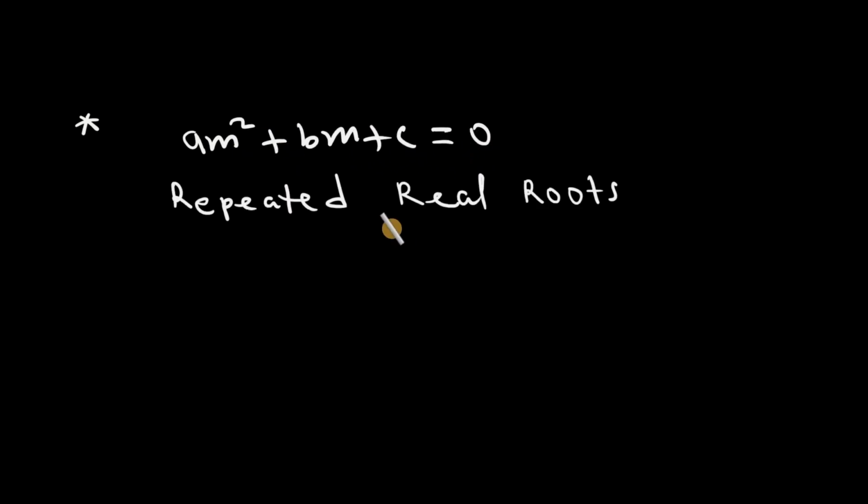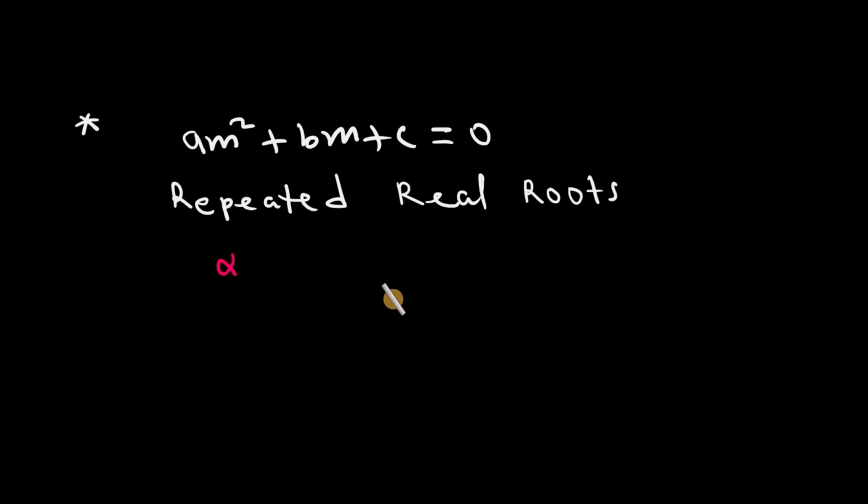Now, if the roots of the auxiliary equation am squared plus bm plus c equals 0 are repeated real roots, this is a quadratic equation which is supposed to have two roots. If the roots are two and the same, let's say the first root is alpha and the second root is still alpha, we say the roots are repeated, and we will conclude that the root of this equation is alpha. When the roots of this equation are repeated, then the general solution of the differential equation is